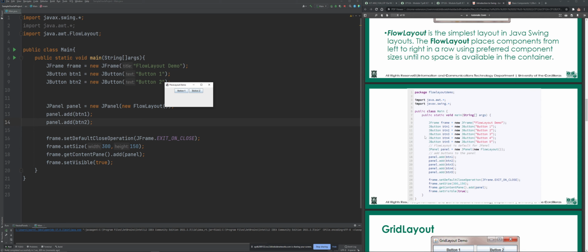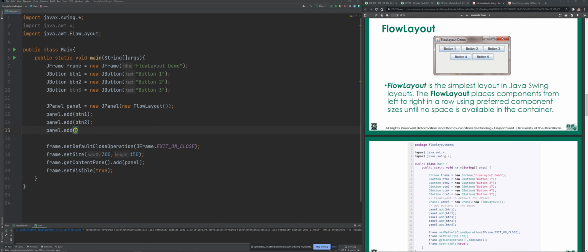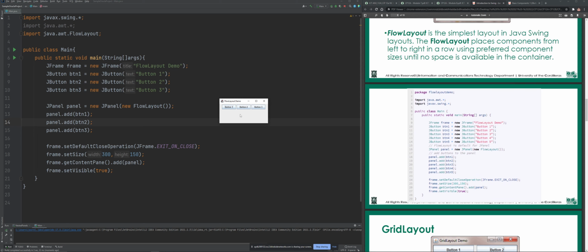Now, if we will try to add button 3, based on the size that we have here, we are expecting that the button 3 will be here. Kakasya pa. Diba? So, tingnan natin. Button 3, panel that add btn3, and let's run that. Okay, ayun, kasya pa. So kapag button 4, since alam natin na hindi siya kasya, automatic, it will be placed